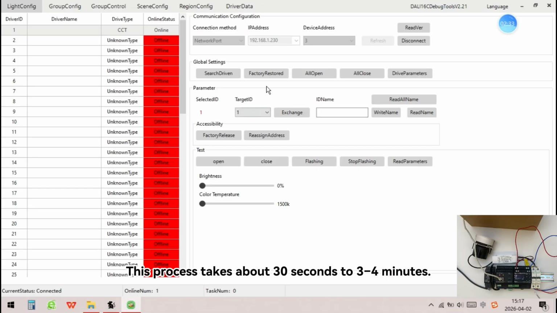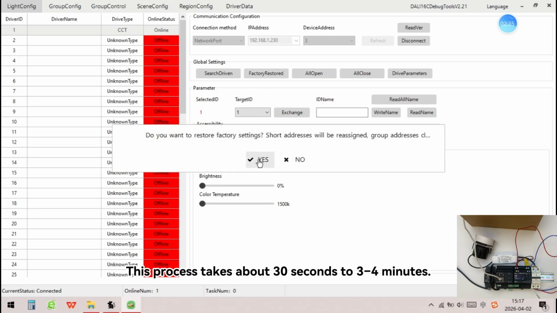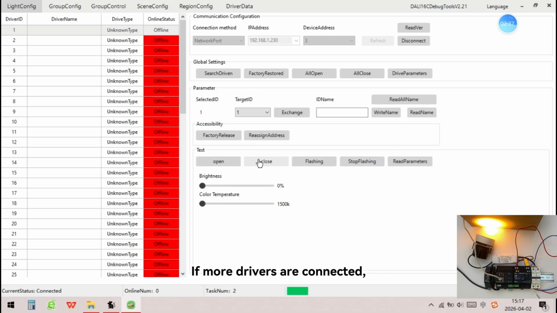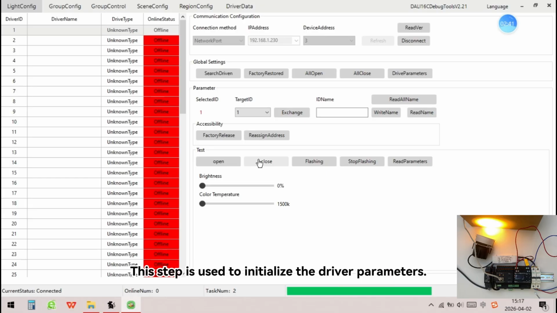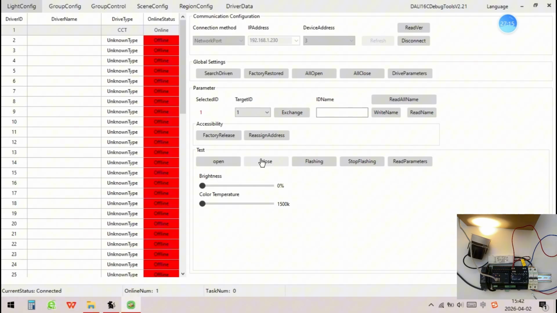This process takes about 30 seconds to 3 to 4 minutes. If more drivers are connected, it will take longer. This step is used to initialize the driver parameters. Then click Search Driver again.